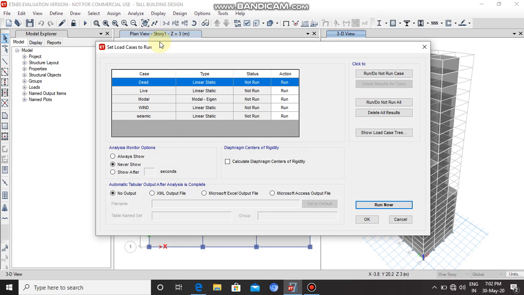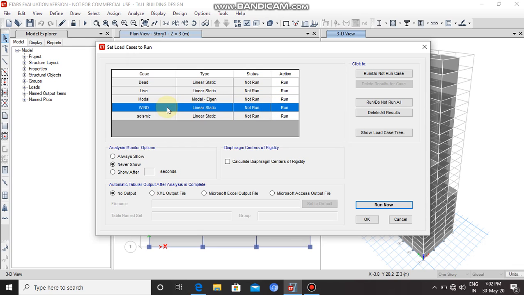Here we will change the analysis property. Select the wind load and click on Run/Do Not Run Case. As we can see, the action is Do Not Run.